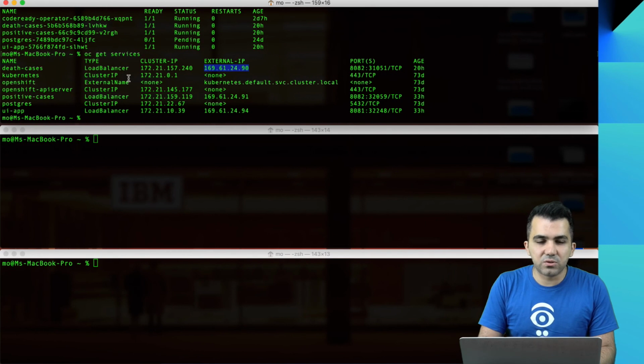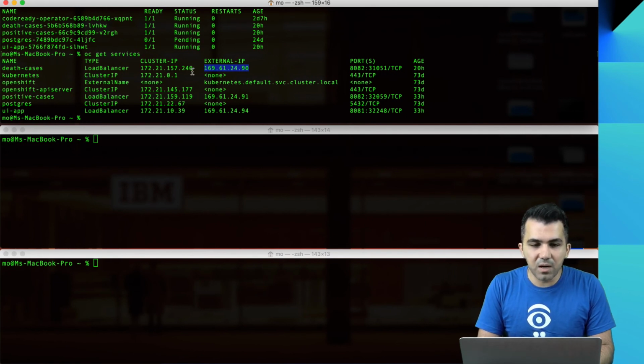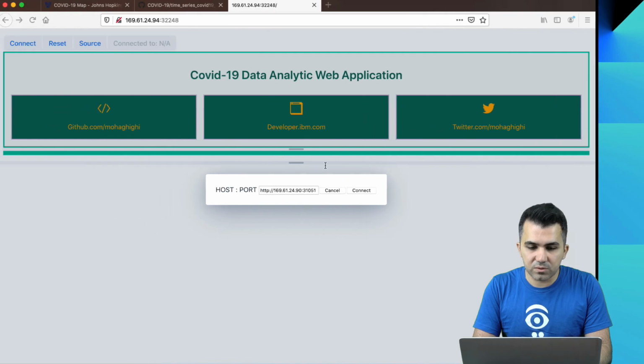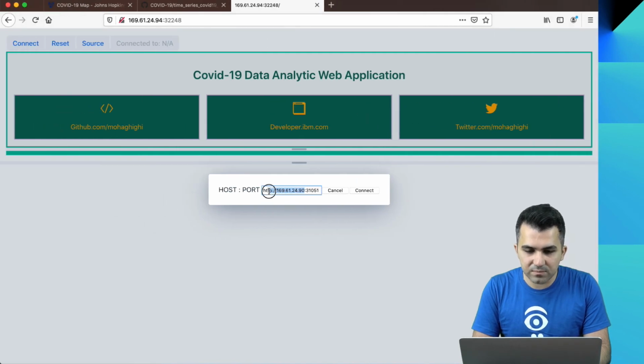This time I'm going to get the cluster IP. So this is the cluster IP for the death cases, and it's on the same port. Let's look at it now.